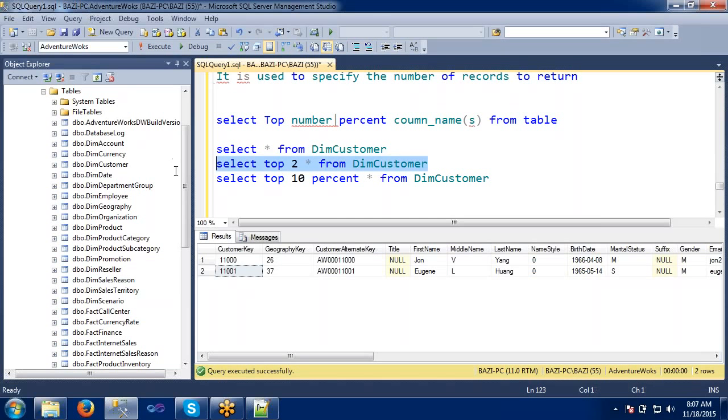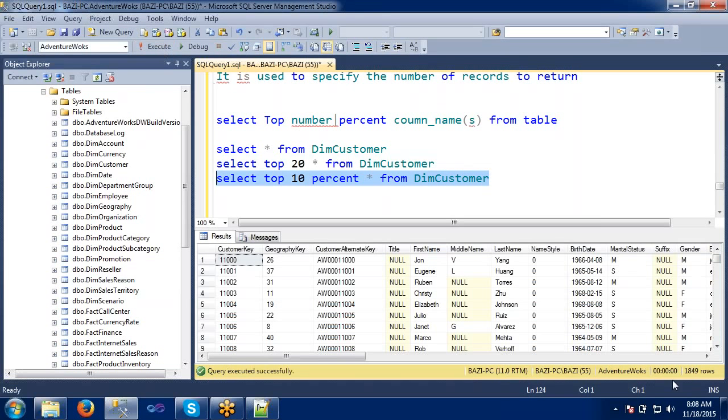So this is the top two. We can apply top 20 like this as per our requirement. This is the percentage. It will calculate the percentage out of the record count. Let's say I have 18,000 records, so 10% will be around 1800. It will be calculated like this, and it will get the top on that. See, 1849 records are returned, which means it is calculating 10 percent on the total records. This is how we calculate the top 10 or top percentages.